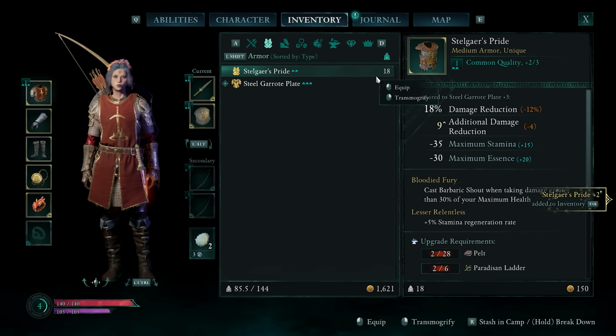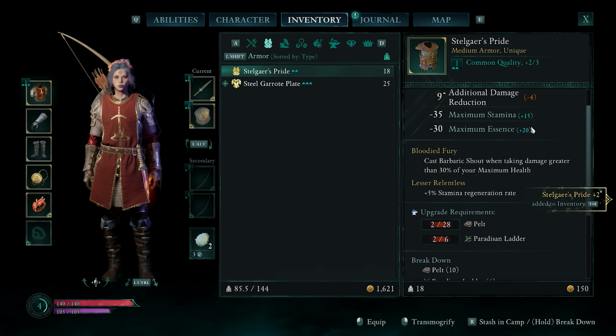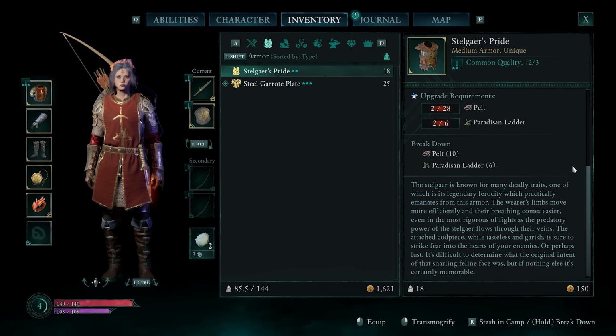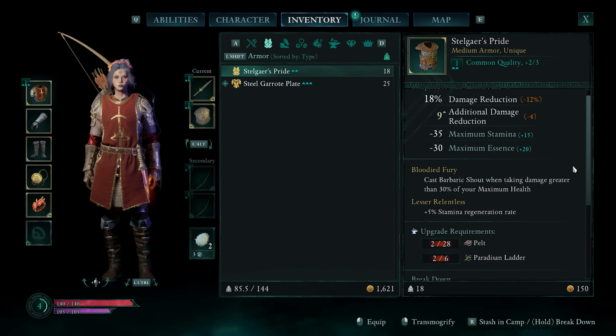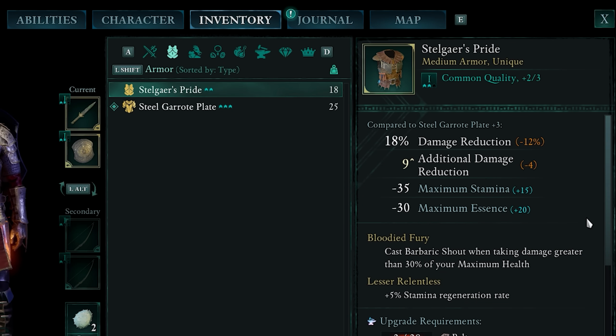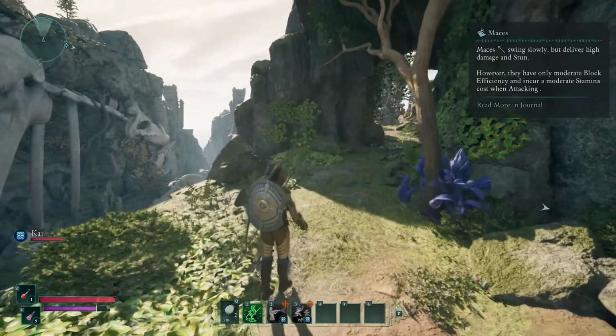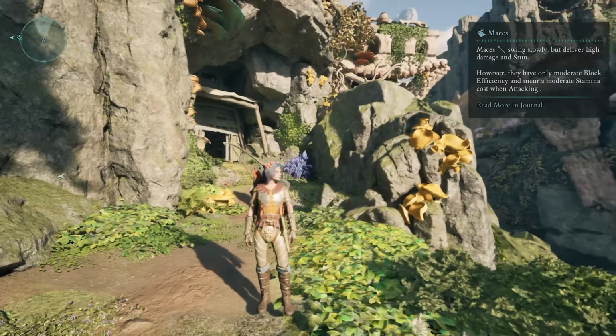Pride. So this is going to be a medium armor, which means its penalties to stamina and essence will not be quite as big. It still gives you some decent damage reduction, plus it casts a barbaric shout when you take damage that's greater than 30% of your max HP. Plus, you also get 5% stamina regeneration rate, so very useful if you especially like to play as a rogue